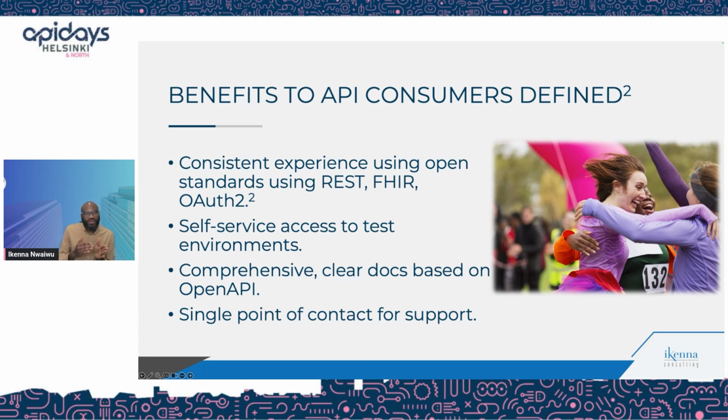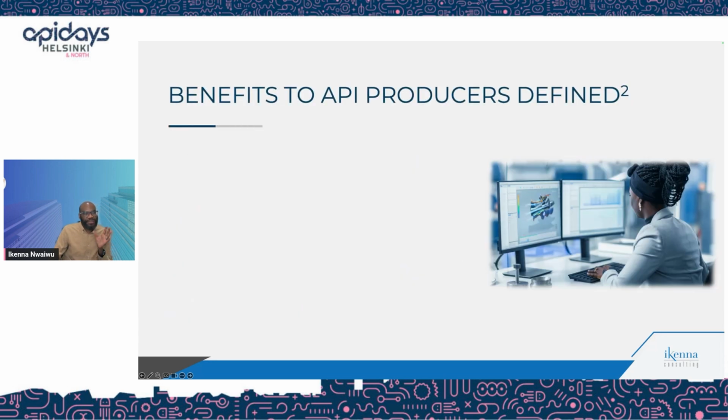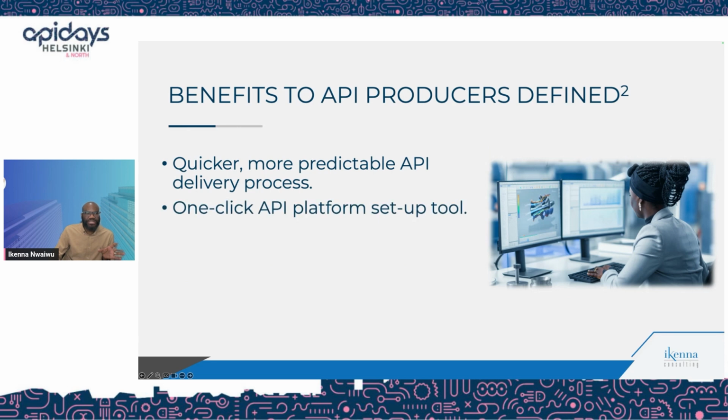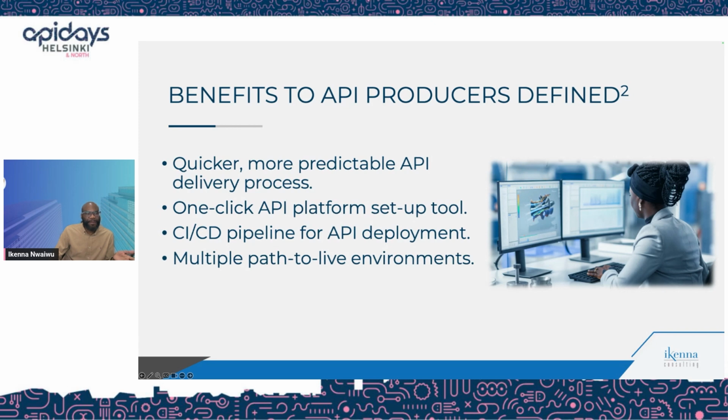They talked through all the things they wanted their platform to do to make life easier for their consumers. And they also talked through all the things the platform was to do to make life easier for producers, which included things like one-click API platform setup, easy setup of CI/CD pipelines, multiple paths to live environments, great